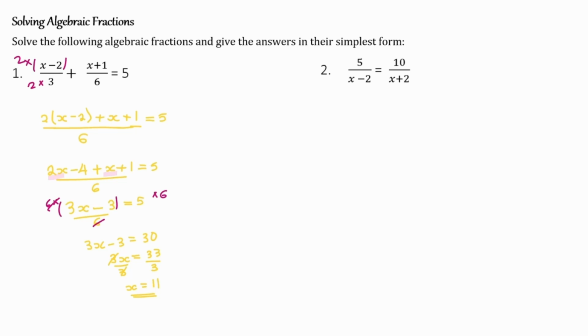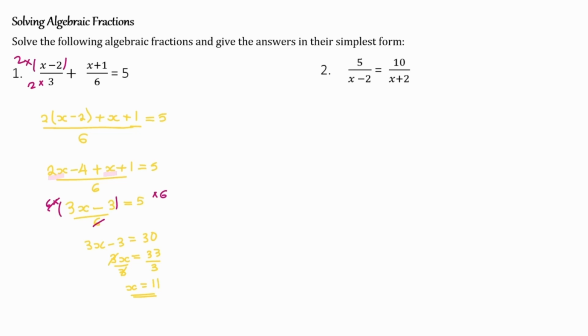For number 2, we have 5 over (x minus 2) is equal to 10 over (x plus 2). So here we could first multiply everything by (x plus 2) in order to get rid of the second denominator first. And then we could multiply everything again by (x minus 2) in order to get rid of the first denominator. However, when we want to get rid of both denominators at the same time and make it a linear